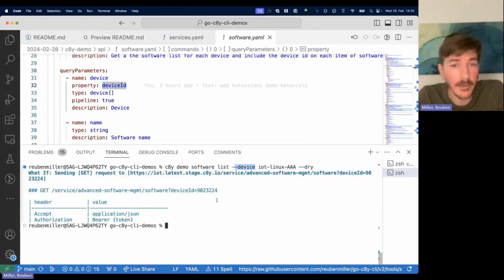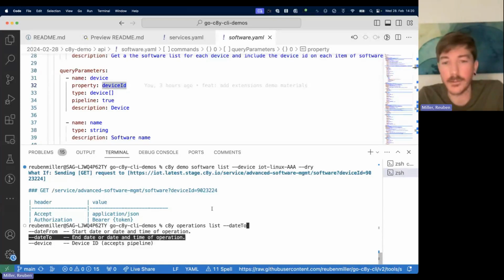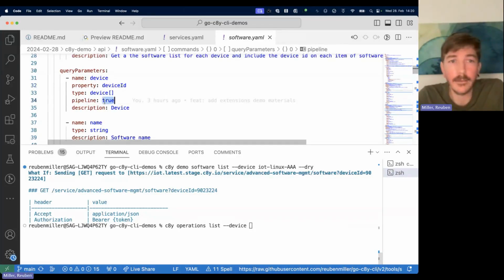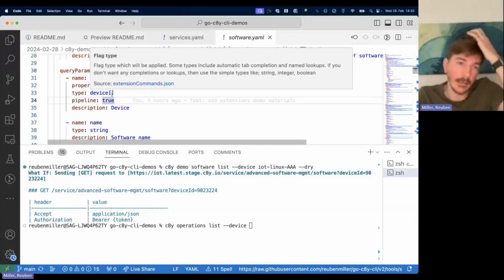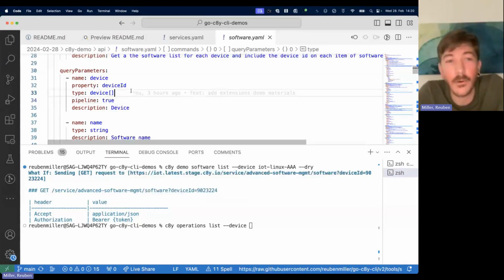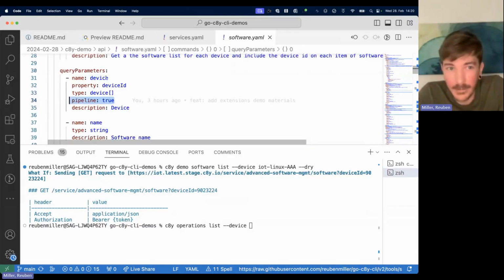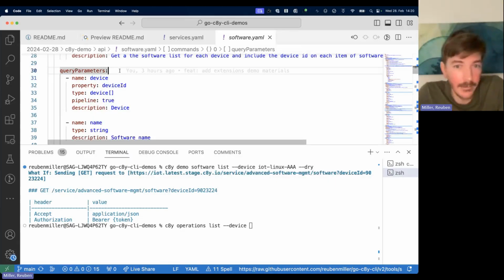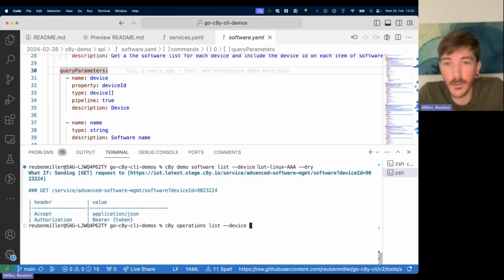I've used device because, if we're just doing operations list, we have device here. I just wanted to have a very consistent user experience in my extension, so I used the same convention used in the native commands. And if you have, let's say, an iterator parameter, you basically want to say, if I have piped input or pipeline input, I want that automatically mapped to the device flag. So that means you can do wonderful things